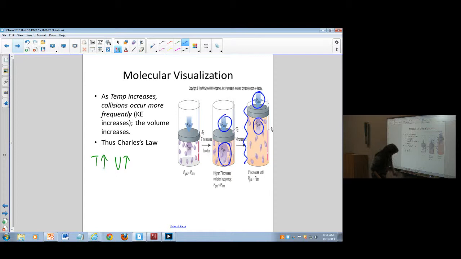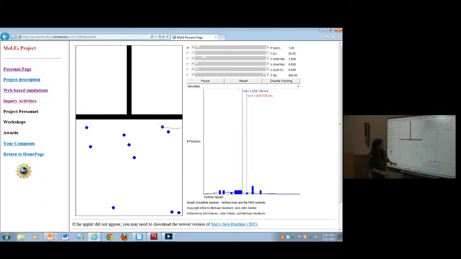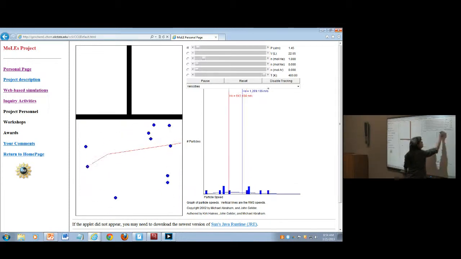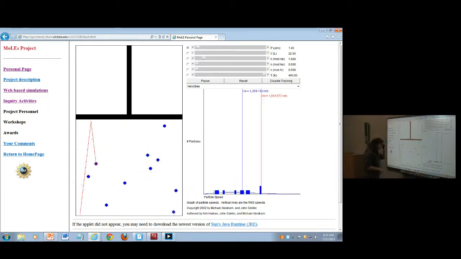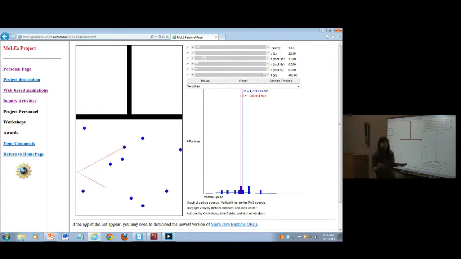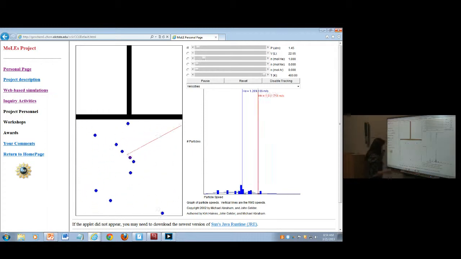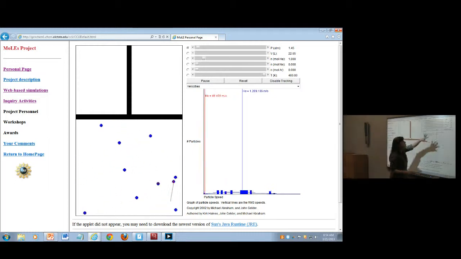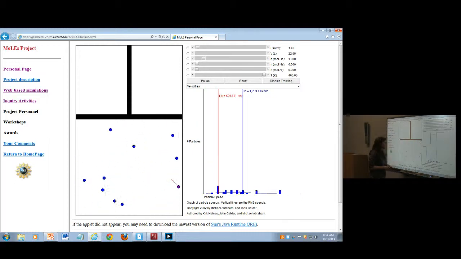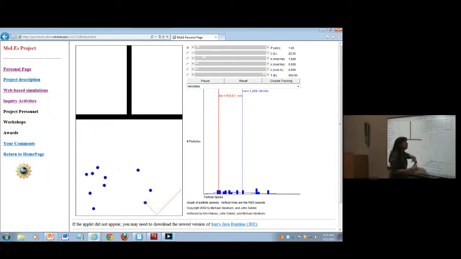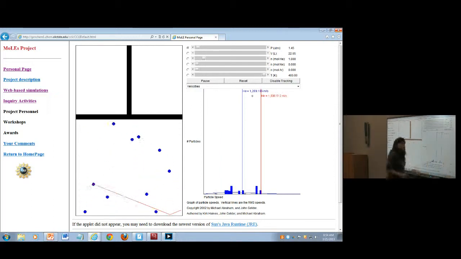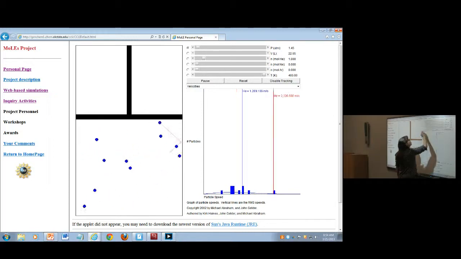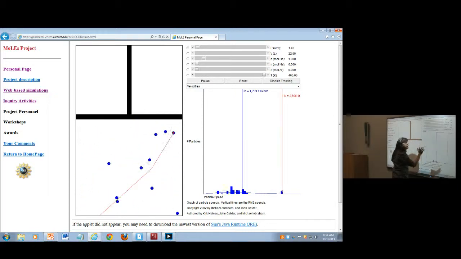So let's go back here for just a second. Remember, we've got everything traveling with some average kinetic energy, velocity. I couldn't really find a good kinetic energy display, so we're just using velocity for right now. But at whatever this temperature is, right now we have it set at 400 degrees, we have some specific and non-changing velocity. What about at this temperature?